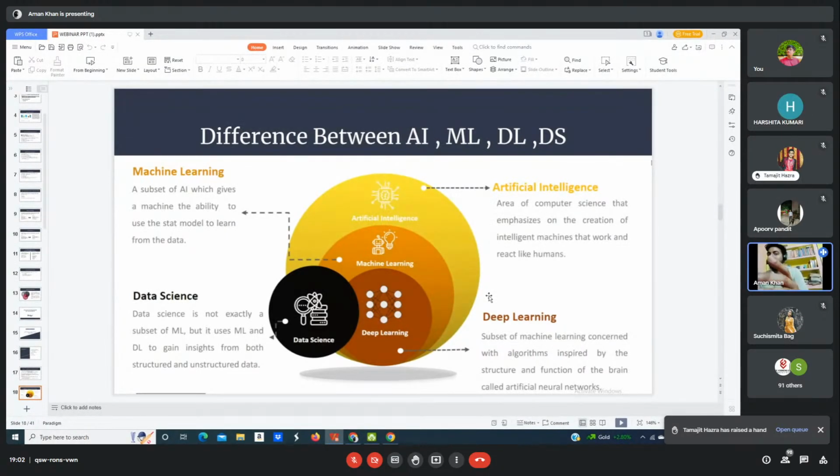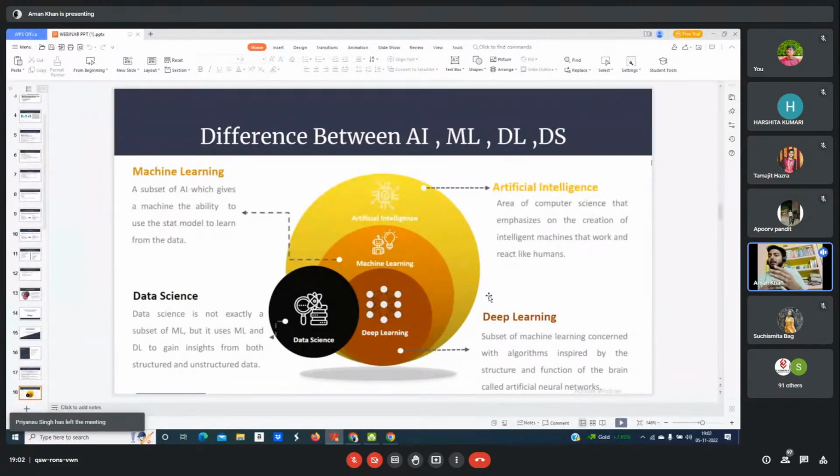ये था डीप लर्निंग के ऊपर में। अब डेटा साइंस जो है, डेटा साइंस रिवॉल्व करता है बिजनेस के अराउंड, प्रॉफिट बनाने के चक्कर में, वो हमेशा प्रॉफिट कमाने के चक्कर में रहता है कि प्रॉफिट कैसे करे, ऑर्गेनाइजेशन में ये प्रॉब्लम आ रहा है, इस प्रॉब्लम को कैसे सॉल्व किया जाए।